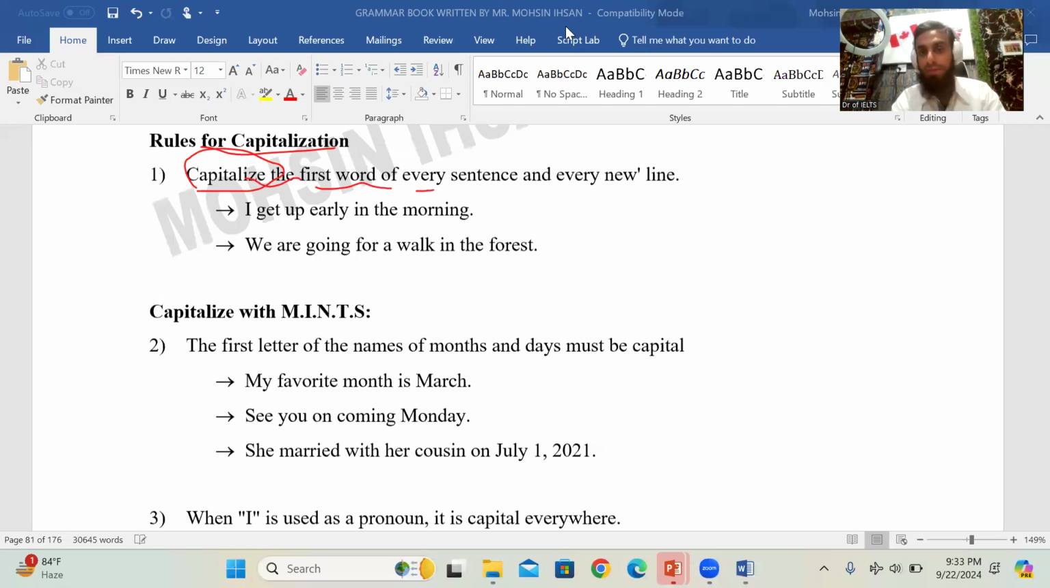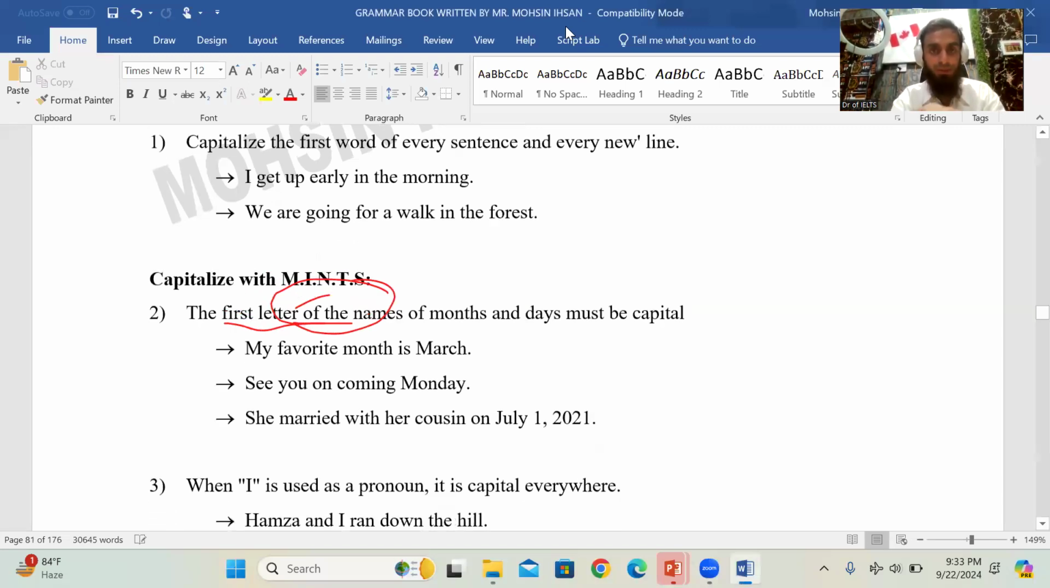Capitalize the first word of every sentence, it is known to you. After a full stop, we use a capital. Capitalize, this is a formula, right? From this, different things come. Now you will see, first in month,